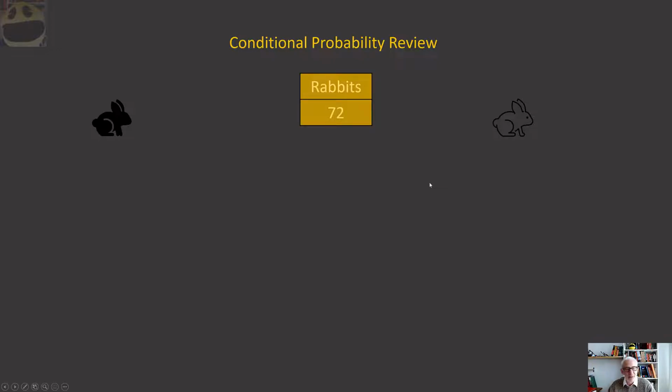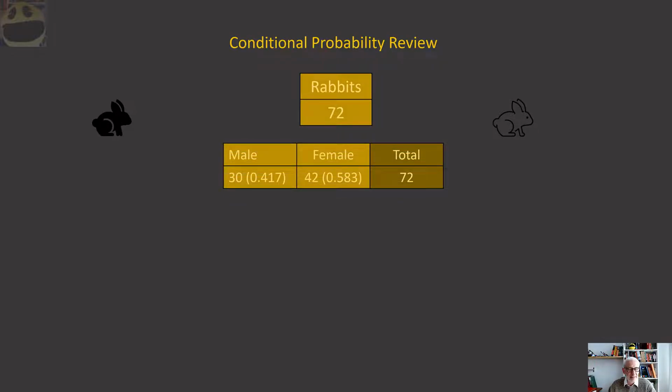Let me just pick up the next slide. We're going to take a look at our rabbit review, first of all, just to remind ourselves of what we've learned about conditional probability. I'm going to start off with 72 rabbits, different kinds of rabbits, and we're going to split those into male and female. And the numbers in the brackets there represent the proportion of males and females, or if you like, the probability that if you randomly picked one of the 72 rabbits, you would get a male 41.7% of the time and a female